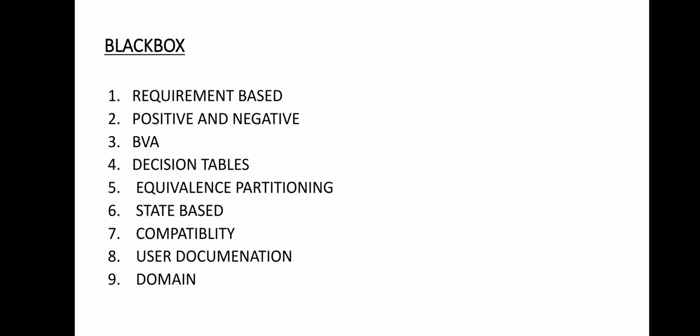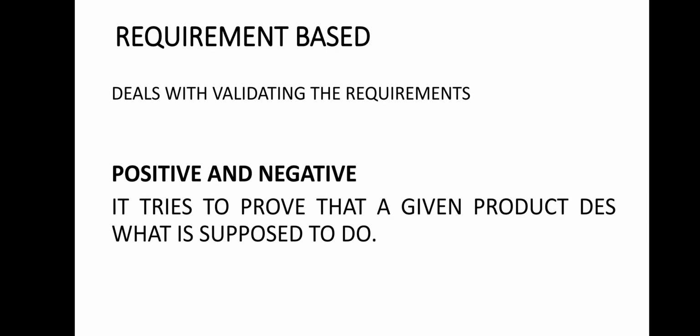The first is requirement based testing. Basically, requirement testing deals with validating the requirements given in the SRS, that is the Software Requirement Specification document. As you have studied in the previous lecture, not all the requirements are explicitly stated. Some of the requirements are implied or implicit. That means automatically the requirements are there; these are not user defined. So explicit requirements are stated and documented as a part of the requirement specification, but there are some implied and implicit requirements that are not documented but assumed to be incorporated in the system.